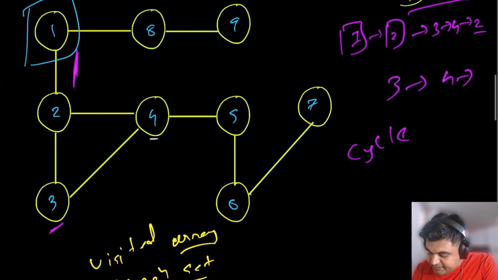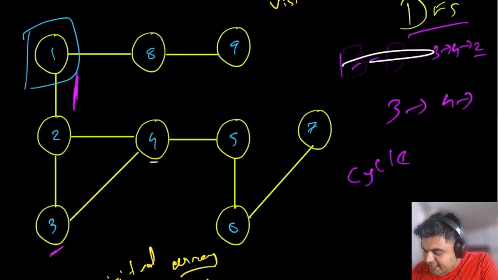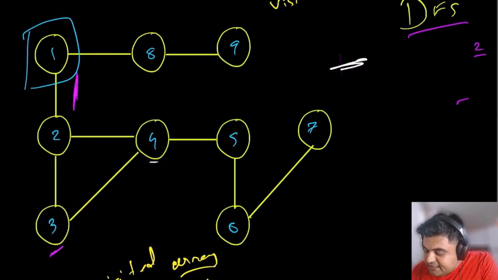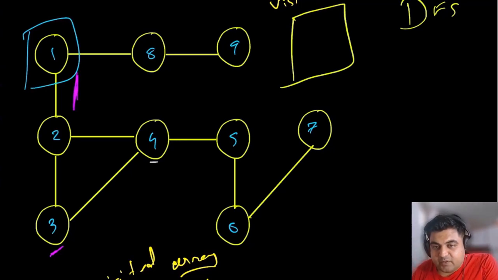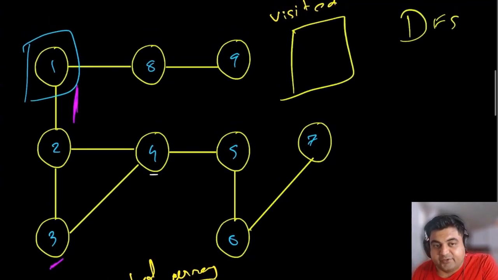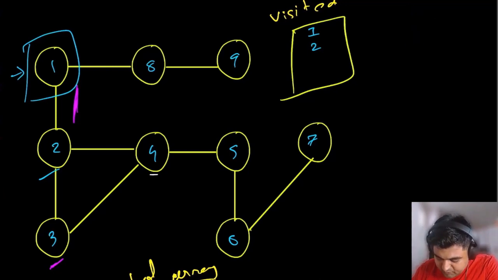So say, for example, in this problem, we decide to initialize a visited hash set. Every single node that we have visited so far, we are going to mark as visited before moving to the next element, and we would only move in the direction of nodes that we have not visited. So applying this logic, again we start from node number 1. We say we have visited node number 1, so let's mark it as visited. We move in the direction and visit node number 2. Node number 2 has not been visited, so we can go in that direction. And again, let me plot the path over here as well.